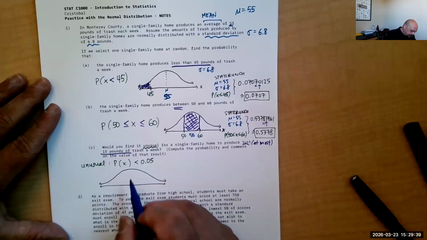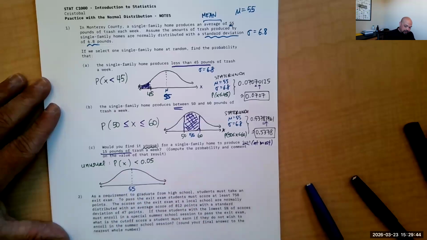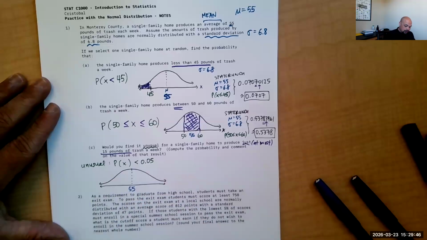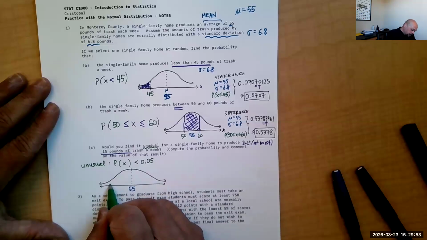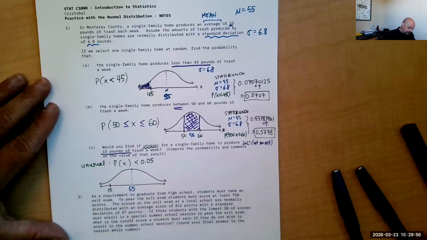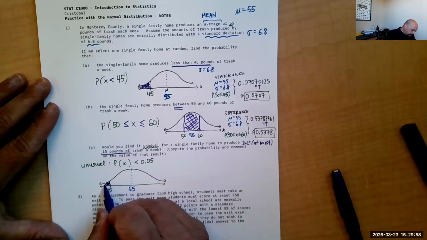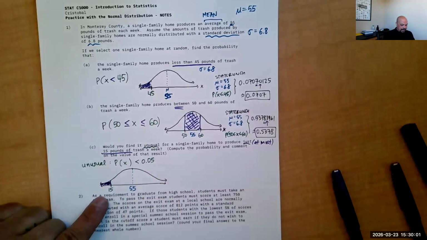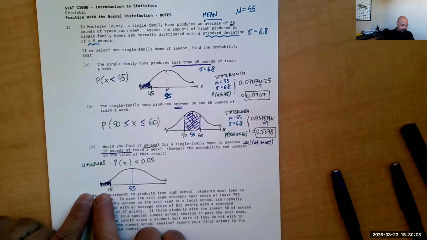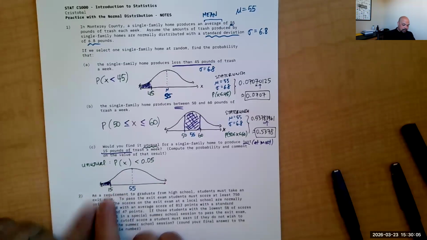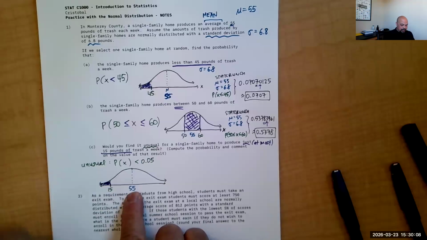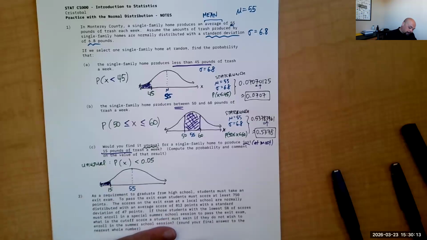We know that the average, the mean amount of trash produced is 55 pounds with a standard deviation of 6.8, right? But now if we're down here and say, what if they only produce 15 pounds of trash? So we're looking at the probability, the chance that we're going to get a household in this region, so far less than that average. Is that unusual? Is it really far down or is it not too bad? And so if I start to look at that probability